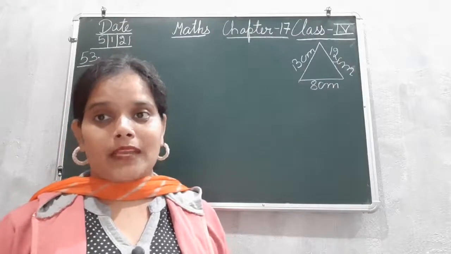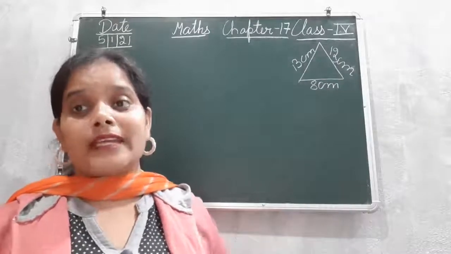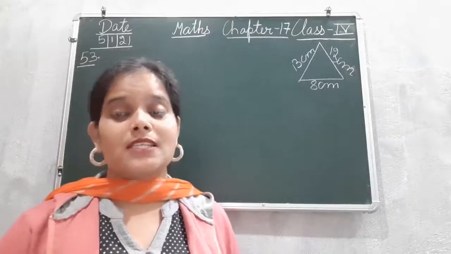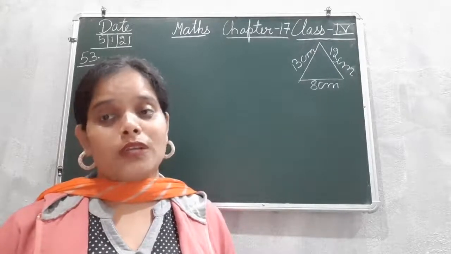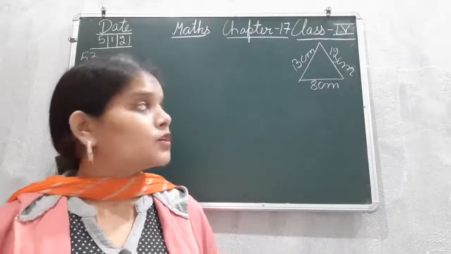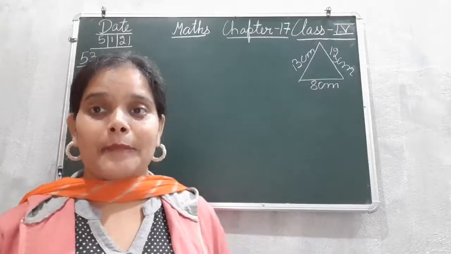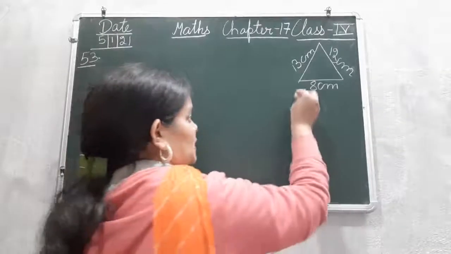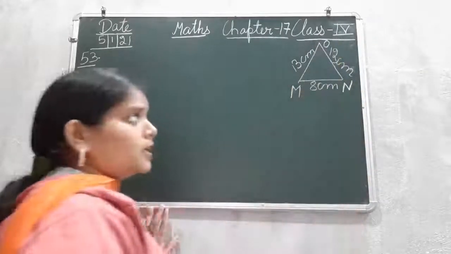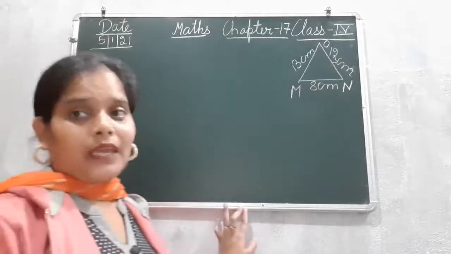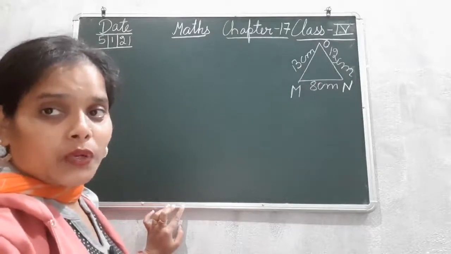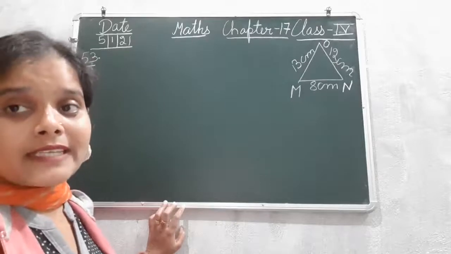Next we have to find the perimeter of a triangle. So now we have to find its perimeter. So for finding its perimeter, first of all we are going to name this triangle. So सबसे पहले हम are going to name this figure. You can choose any name, whatever you want to give. So I'm just taking a random name, that is M N O. Okay. So this is just a random name I have given to this triangle, that is triangle MNO. Okay. Now, we have to find its perimeter.